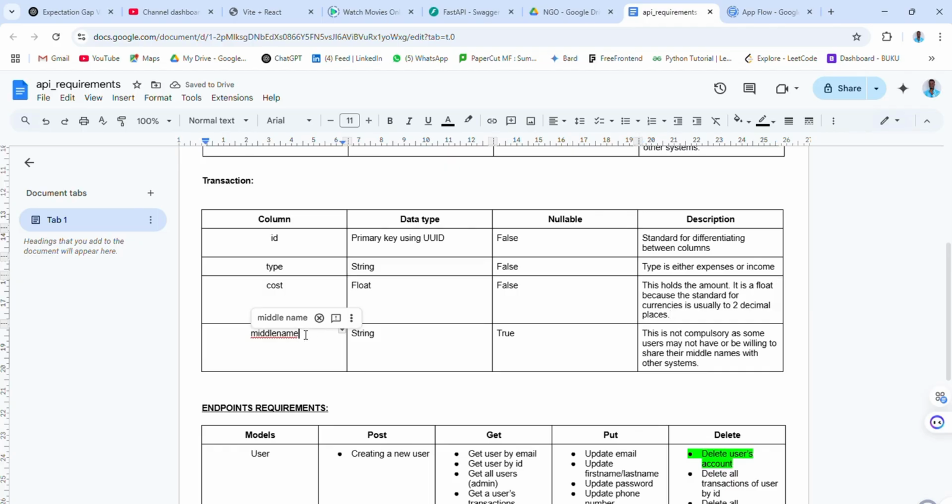Then what do I also need? Medium. So meaning that it's a string, all right. It's nullable, no, false, right? This one